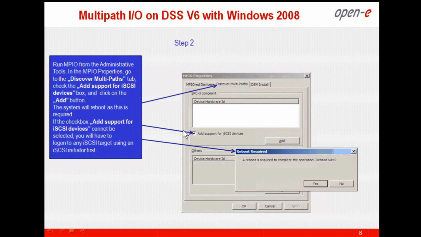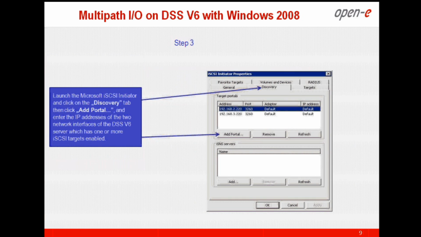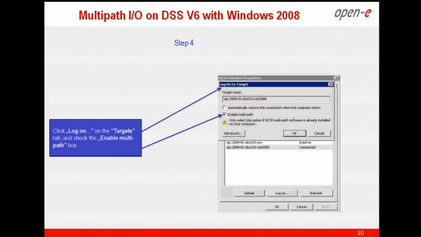So I would like to tell you that the first very important step is that you need to go to Features, select MPIO and install MPIO, because on a fresh Windows 2008 system, multipath is not installed. Okay, so after installing this, you need to make any dummy iSCSI connection. So you need to make the iSCSI initiator working with any dummy connection, and then when you open the